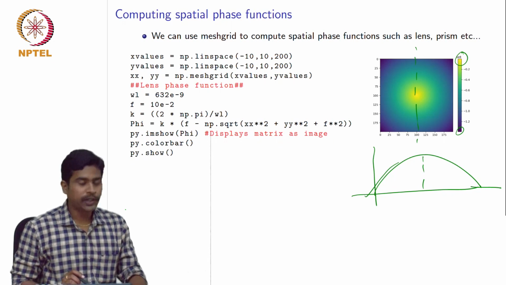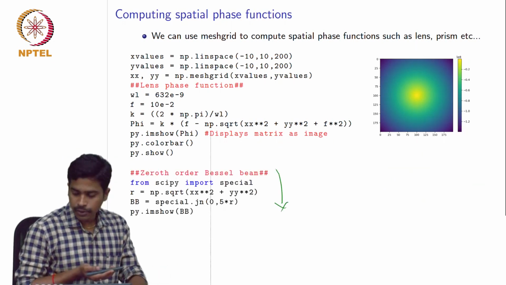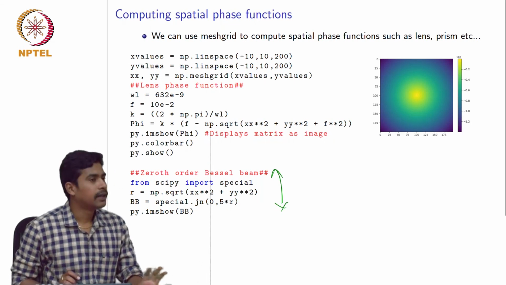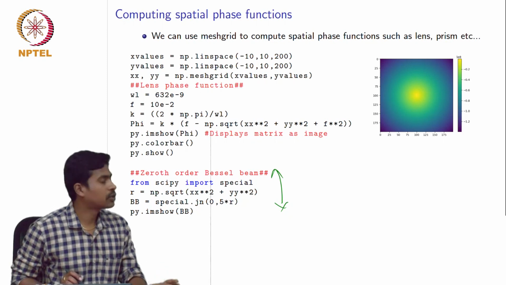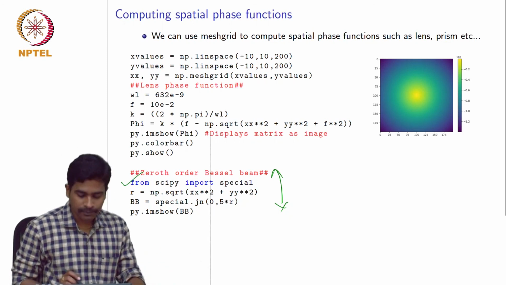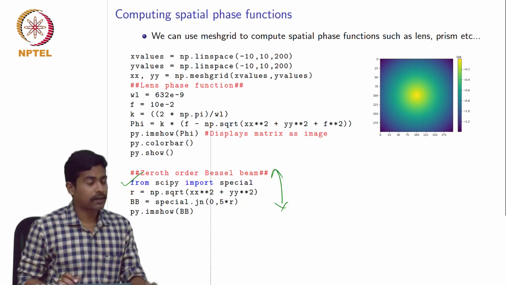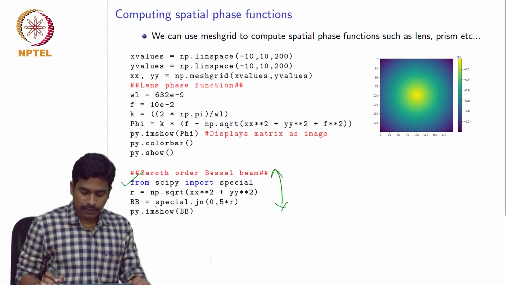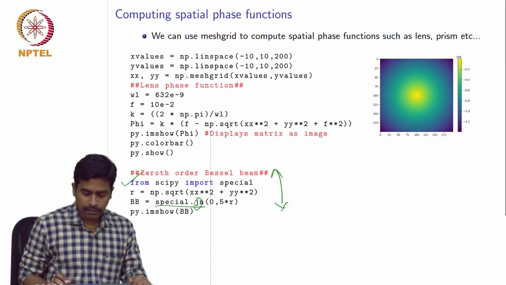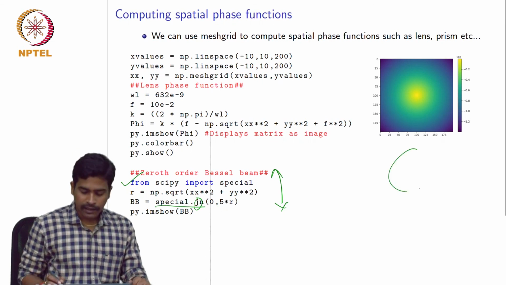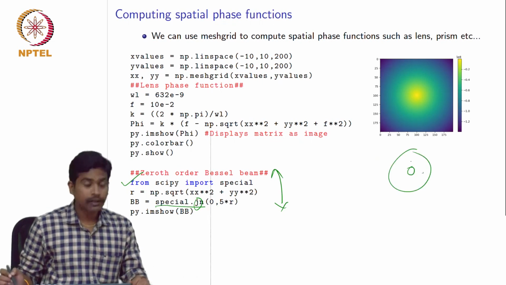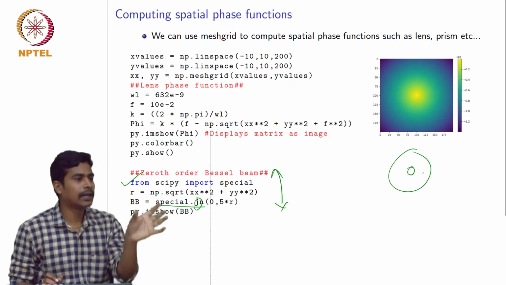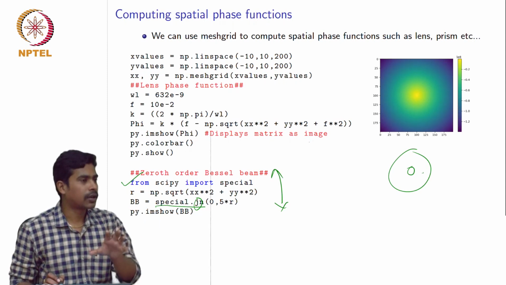Okay. And similarly you can compute different functions. To show you, I have plotted a Bessel function. Bessel beams are very useful, but they are not covered in this course. If you are interested, you can read about them. For this I am using another package called SciPy. It has all scientific functions in it. From SciPy I am taking the Bessel function, which is given by Jn, and the Bessel function is a radial function. So in order to calculate radial functions, I have converted the x and y coordinates into a radial coordinate system, or r theta coordinate system.